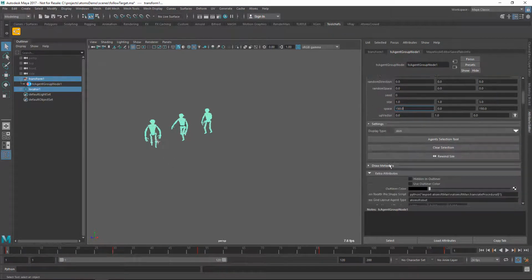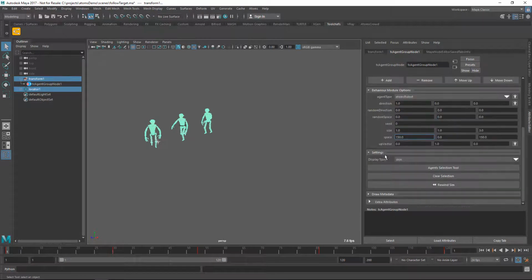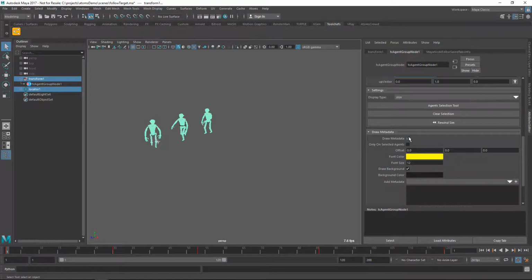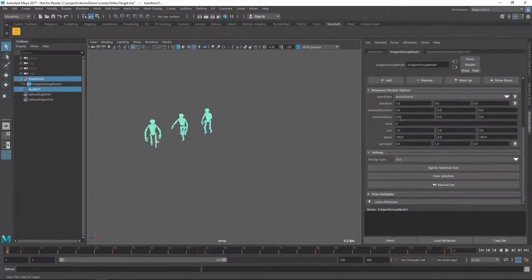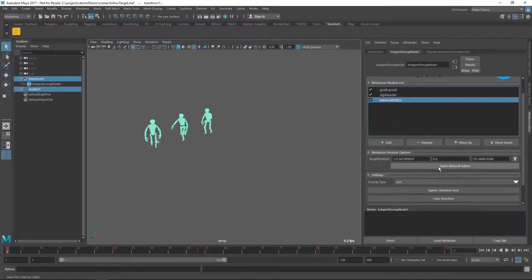So I'm going, just for a second, to show the metadatas, and I'm going to show you the group ID. So we want to see the group ID of these guys. So let's say we want just this agent here to follow the locator, so we need to remember the group ID too. So I'm going to delete that metadata, and I'm going to disable the draw metadata. So I'm going to open again the network editor,